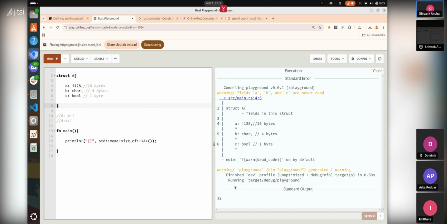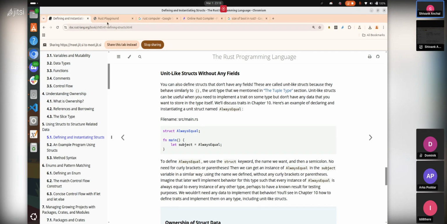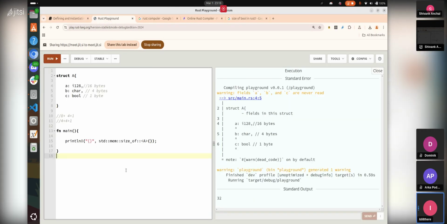Okay, I think this one is fine. Other than this, I had a question. Could you go a bit deeper so that we have a better understanding as to why the Rust compiler does this? It is something called padding. To move in memory, what Rust does is we create a block of memory, and it is something like